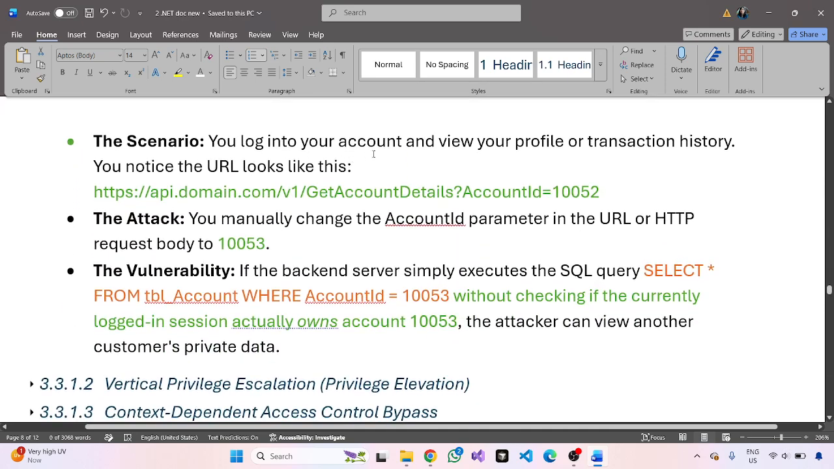You log in to your account and view your profile or transaction history. You notice your URL looks like this: http://domain.com/v1/get/account/details/accountID=10052. Then you manually change the account ID parameter in the URL or HTTP request body to